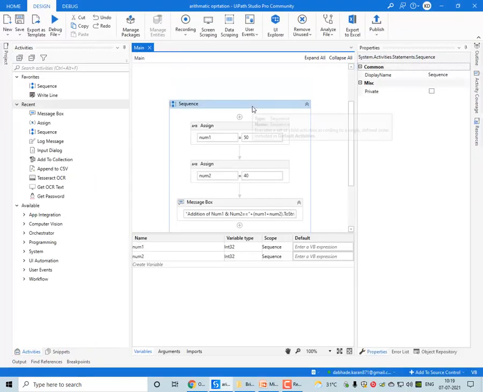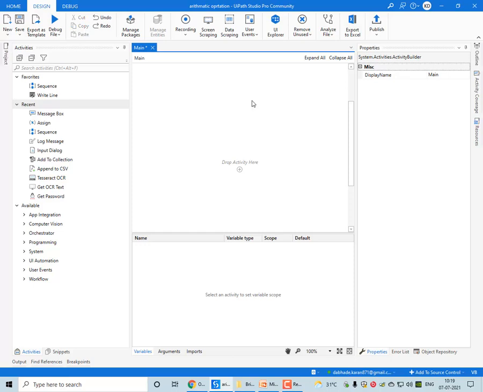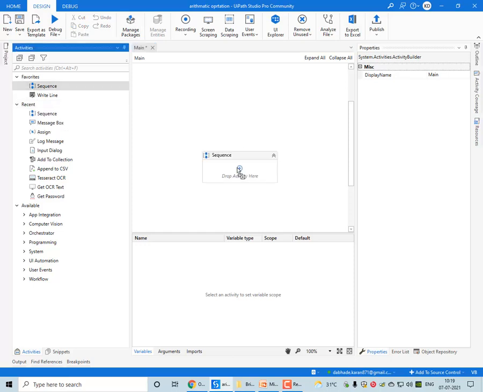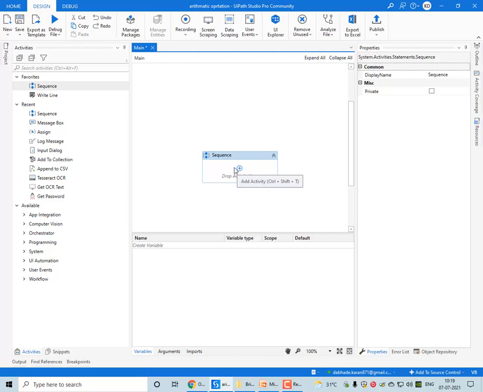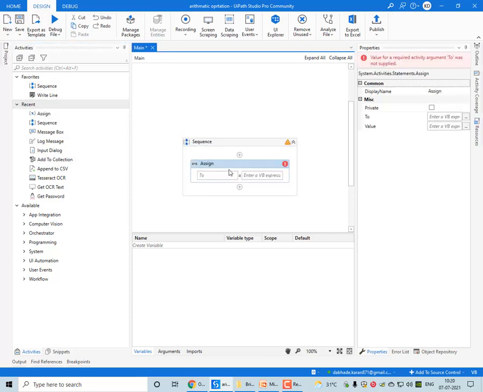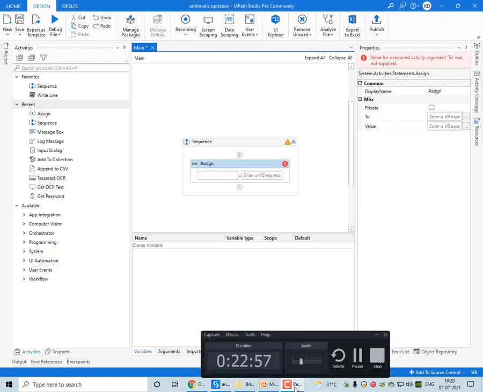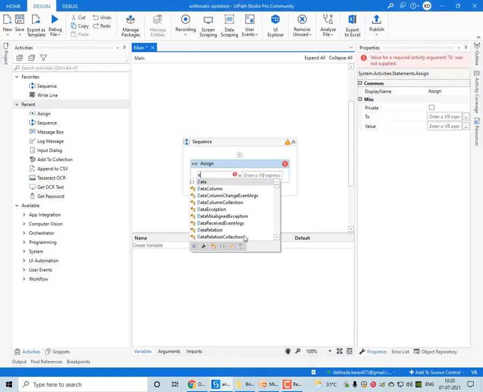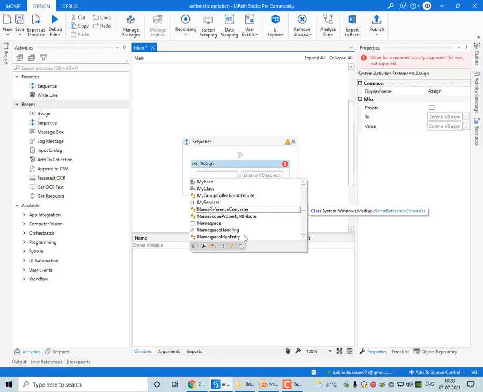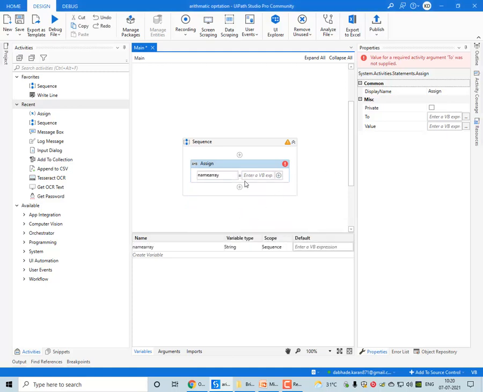Let me show you how to declare an array. So let's start. I'm taking an assign activity, creating a variable by Control plus K. I am defining the name, okay, nameArray.